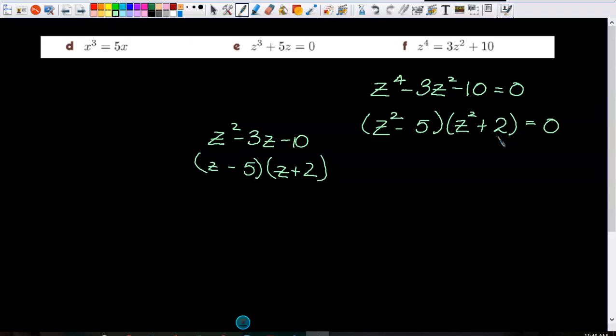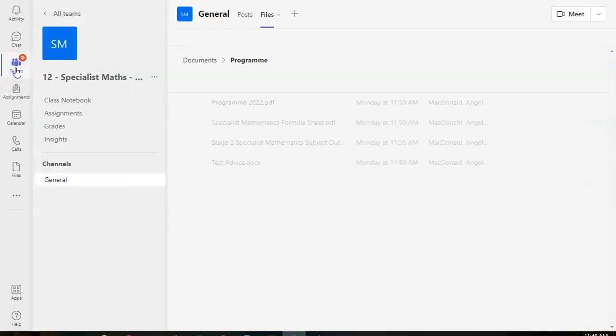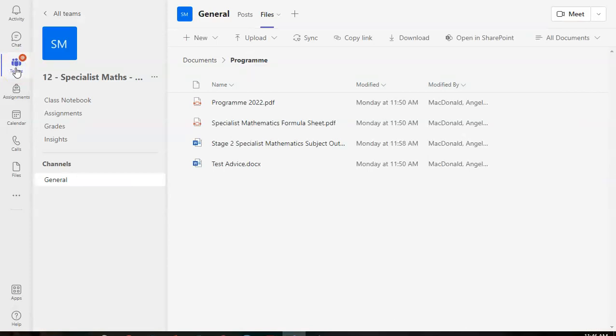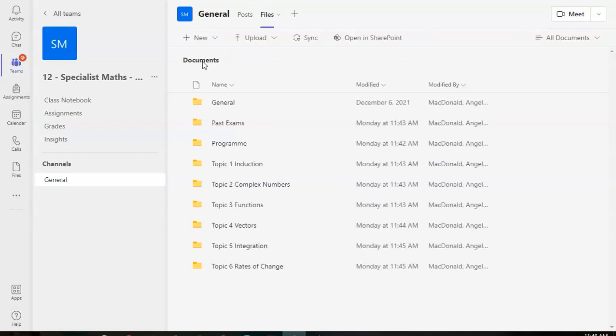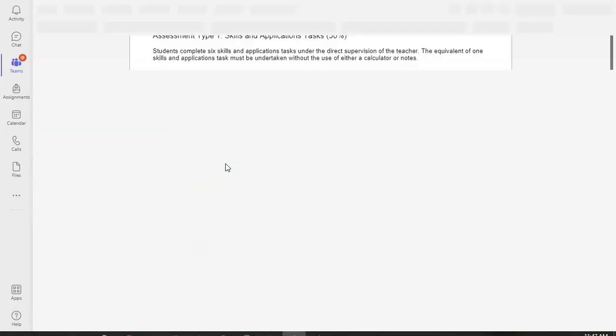So girls, I've put some files in Teams, but I accidentally hid them. When you go to General, it should all be there in Programs, then Documents. I will eventually move them, but I don't even know how I got there. I clicked something twice, but there's stuff there. I think it might be in Test Advice. In your own time, you might want to go back and read that.